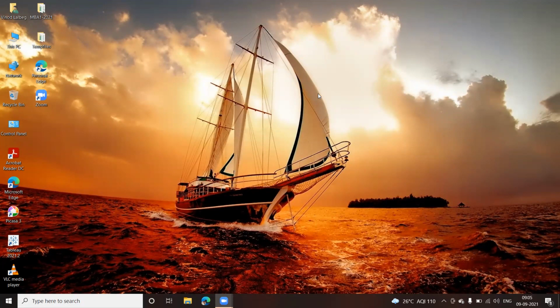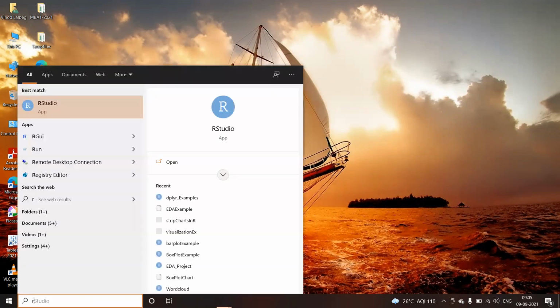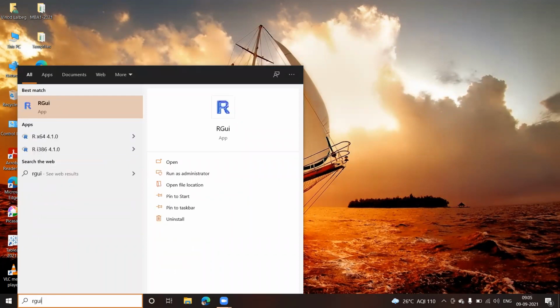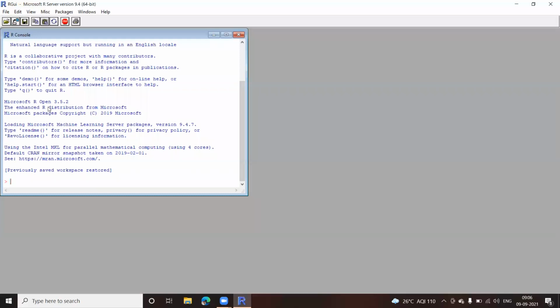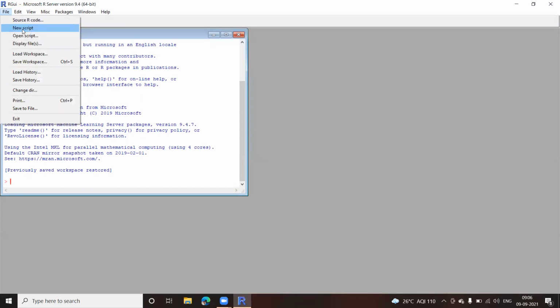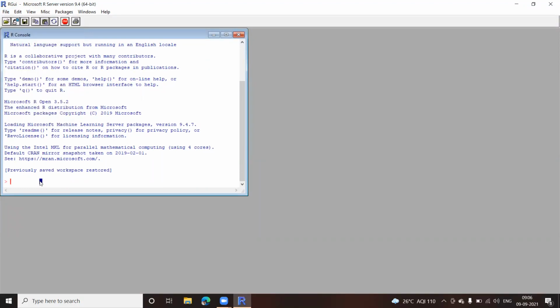Okay, so to begin with, the first thing I'll do is start with R GUI. While searching, you can see this R GUI is there, because I have been using it to check how it is working. If it is not visible, you can just type R GUI, and it's a basic app. It's the application where you get the R console, and you can create your programs from here as well. You can write the scripts, create new scripts, everything is available. Because we are used to using R Studio, but remember, whatever coding I can do using R Studio can also be done through R GUI.